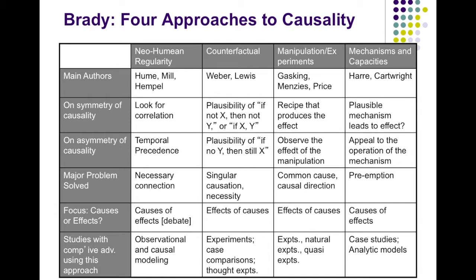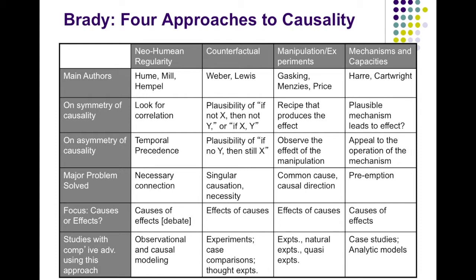Even if they're causal, it's not always clear which one is causing the other. It could be that A is causing B or B is causing A. Either way, they're going to move together. And it could also be that there's some causal relationship, but it's not A causing B or B causing A. It could be that there's some third variable, C, that's moving both of these variables. So just because we see a correlation doesn't mean that it is causal at all. And even if it's causal, the correlation doesn't necessarily tell us what is causing what.